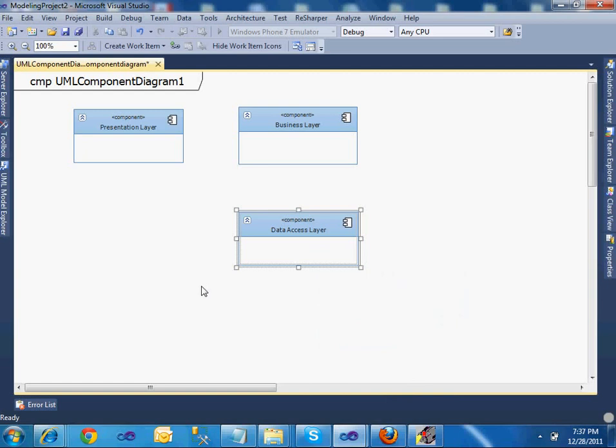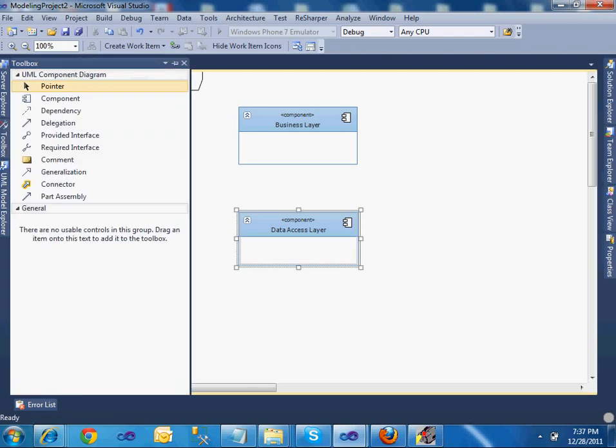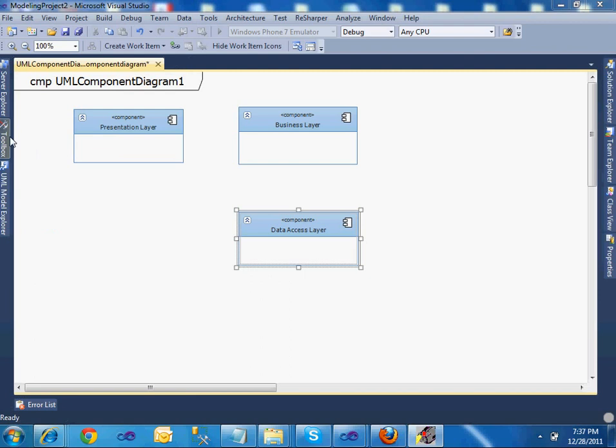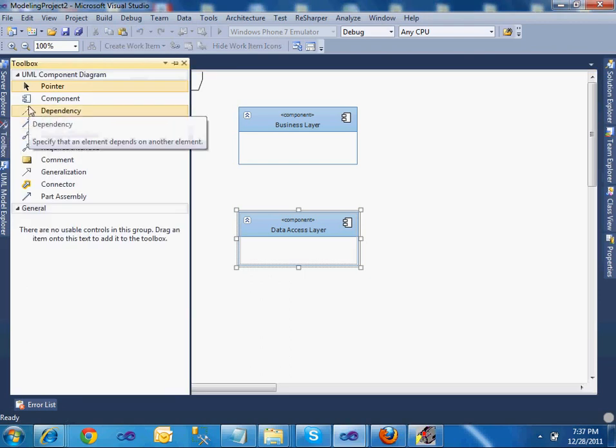So in a typical 3-tier architecture, there are 3 layers: presentation layer, business layer, and data access layer. The data access layer is there to interact with the database. So the requirement goes like,